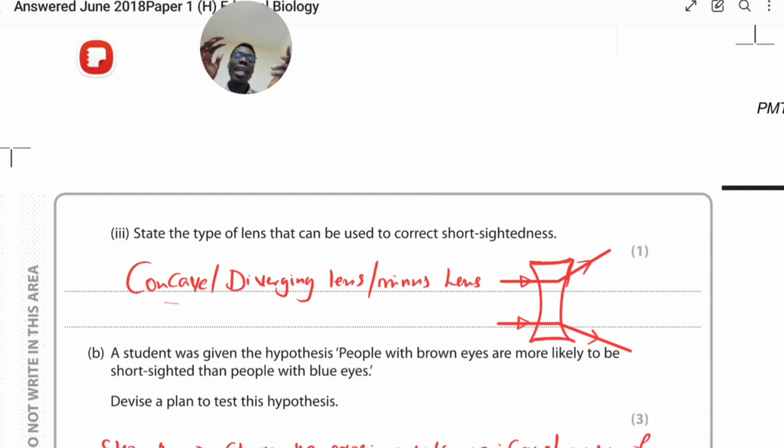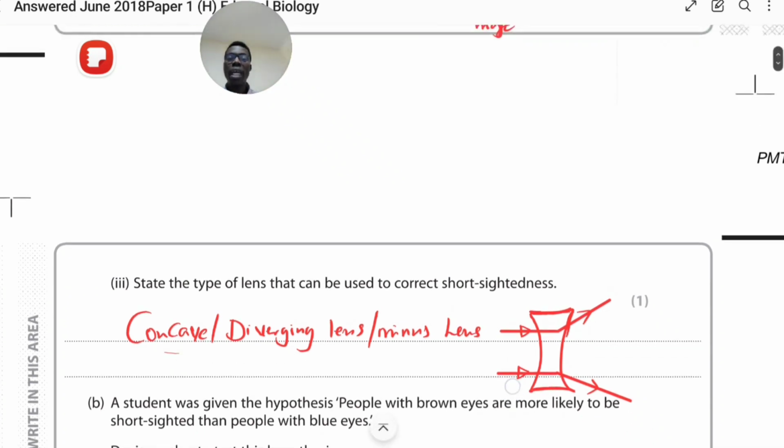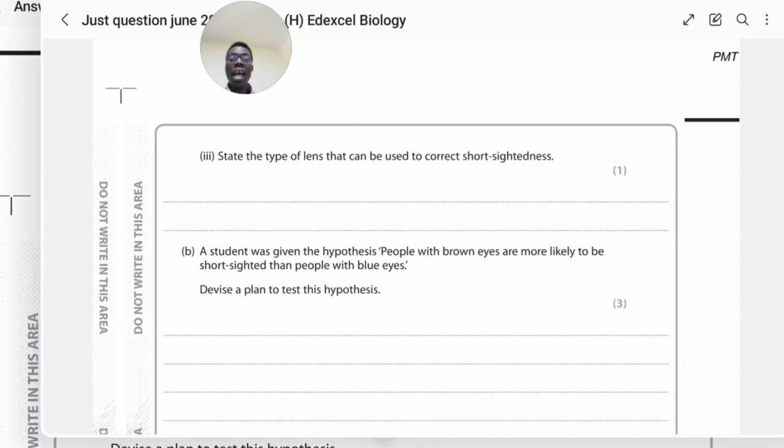So it means to bend out so that it can converge at the right place. All right, hope that made sense. Please remember to pause the video if this is a bit fast. I have to do that because of time. All right. Now it says here,